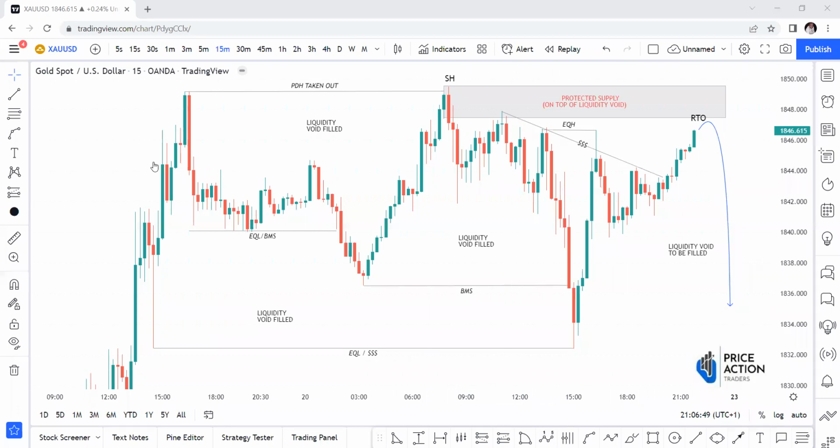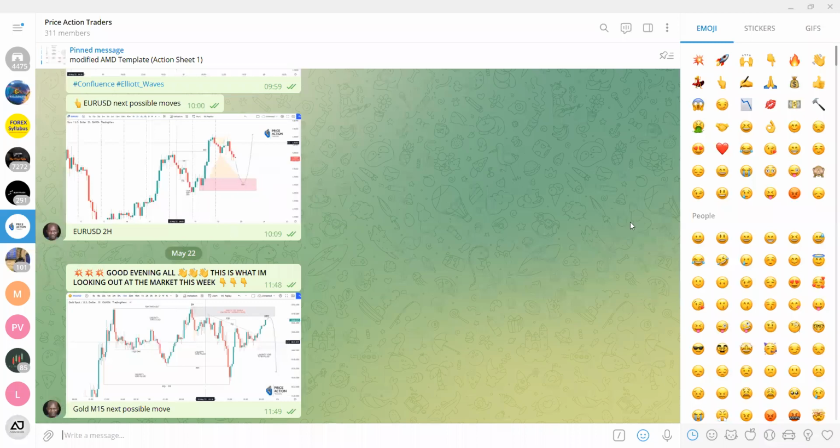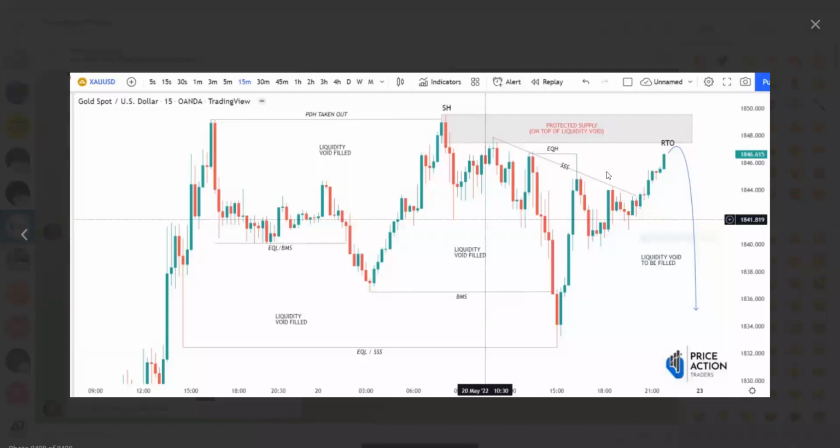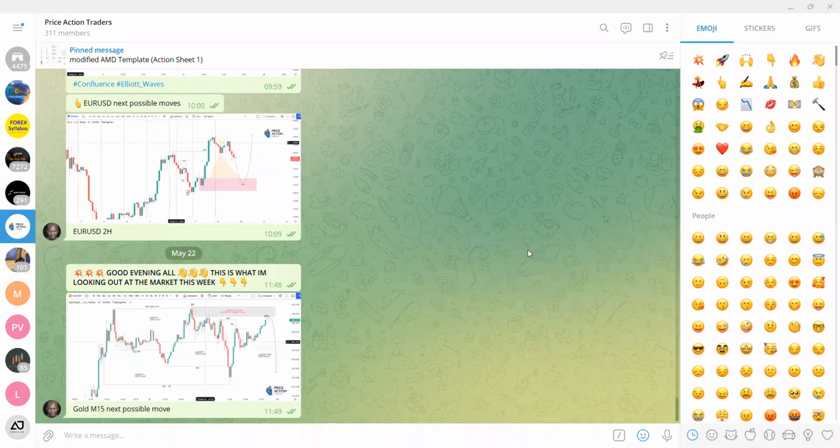Yeah, this is the outlook for the week. So I posted a EUR/USD and this is good. Gold might likely push upward. This is a 15 minutes. Might likely push upward to fill this liquidity void, then start coming down a bit, then it kind of moves up again. So that's a possible scenario. It's not 100%